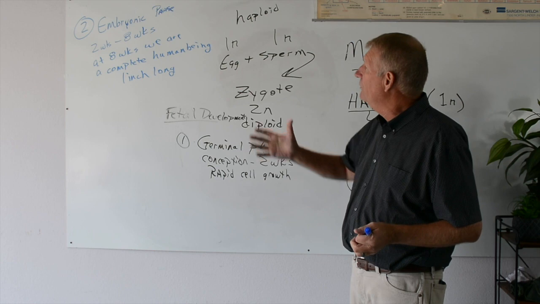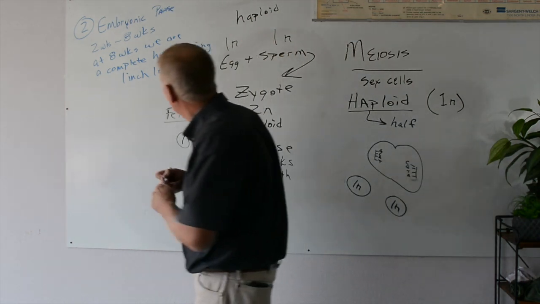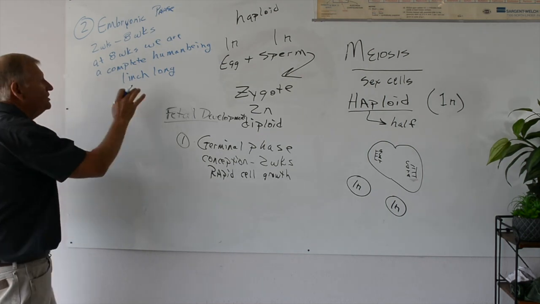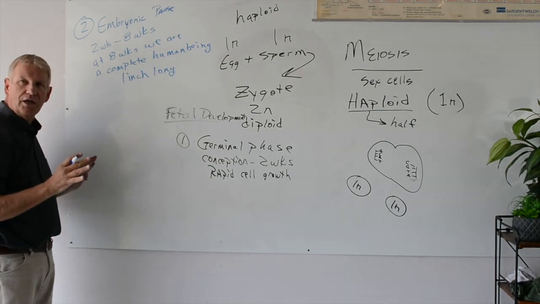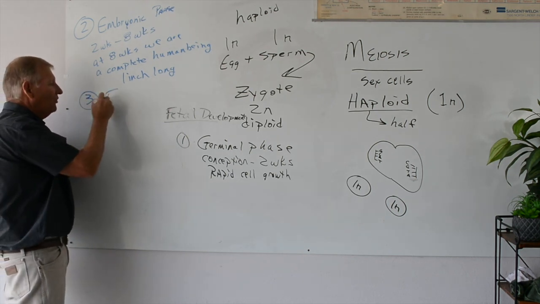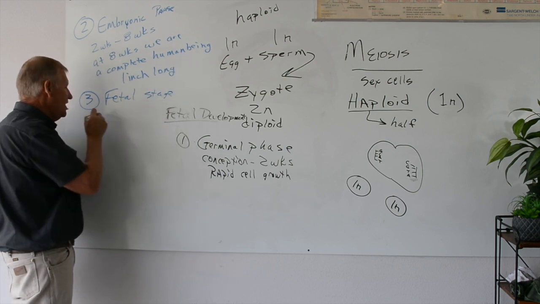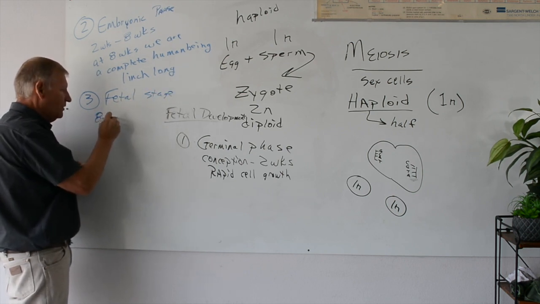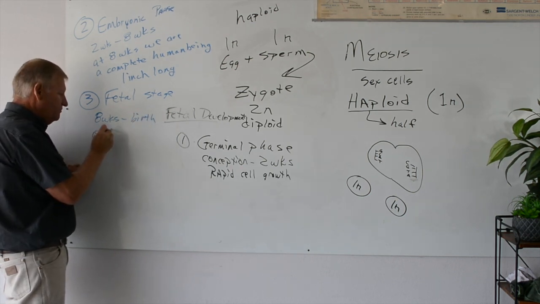And the embryonic phase, 2 to 8 weeks. And then we have the fetal stage. So this is called an embryo. So we're an embryo until 8 weeks. And then in number 3 here, we have the fetal stage. The fetal stage is 8 weeks to birth, and we continue